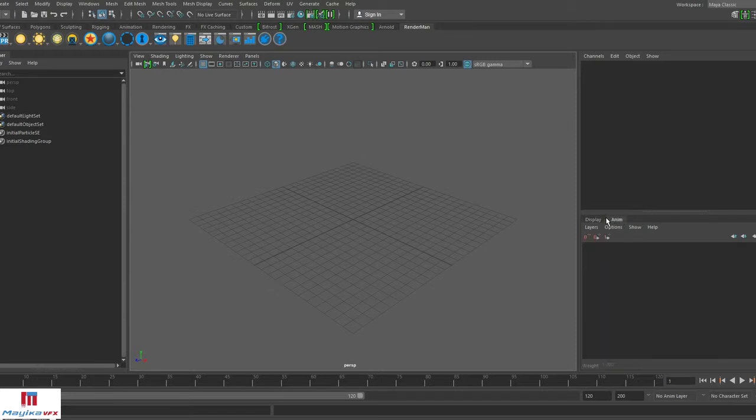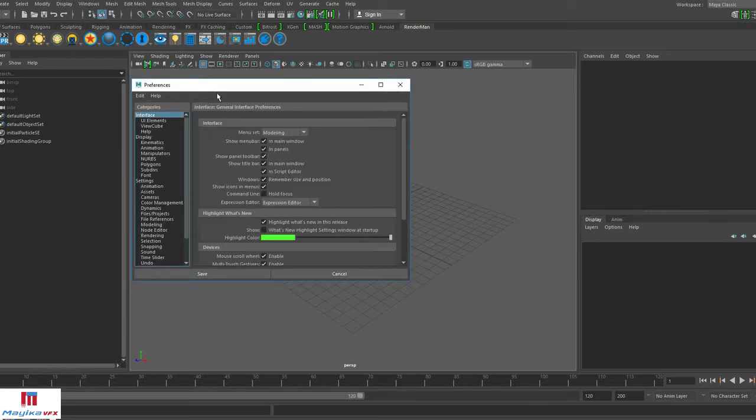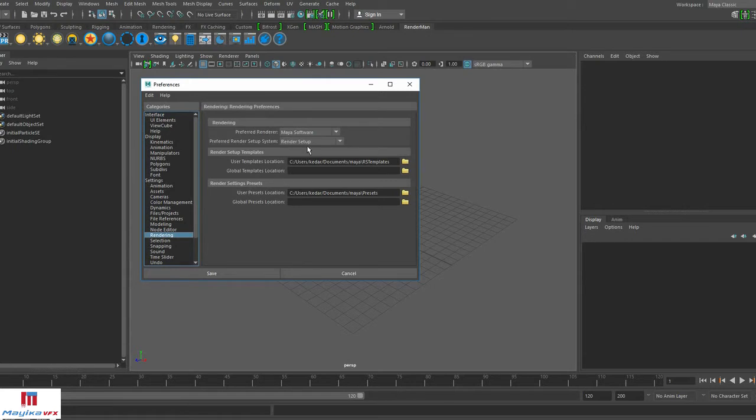But we can go back to the old way of creating render layers by going into preferences. Here, under Rendering, we have an option called legacy render layers, so we can select that and say OK.